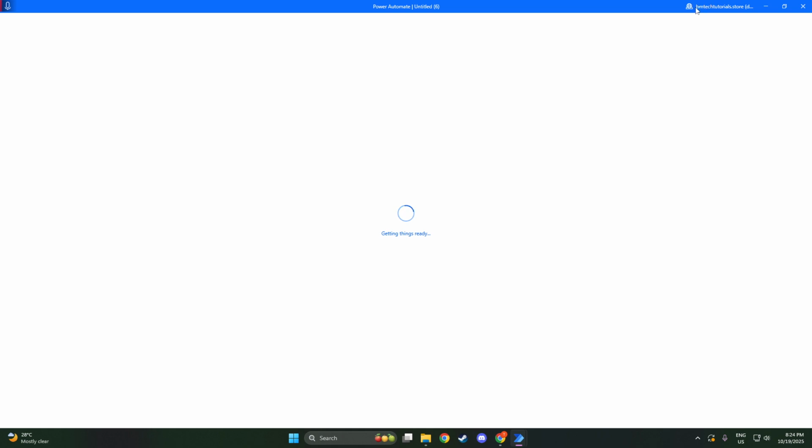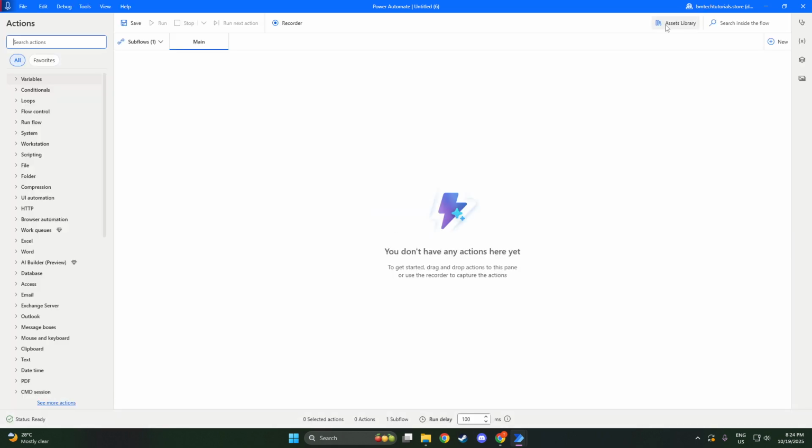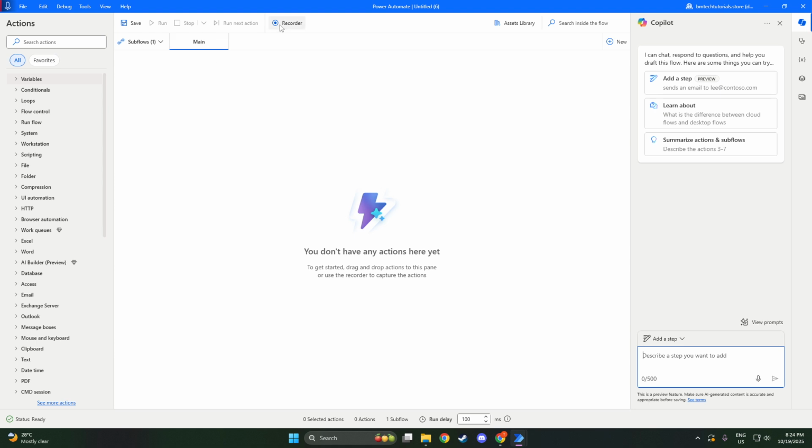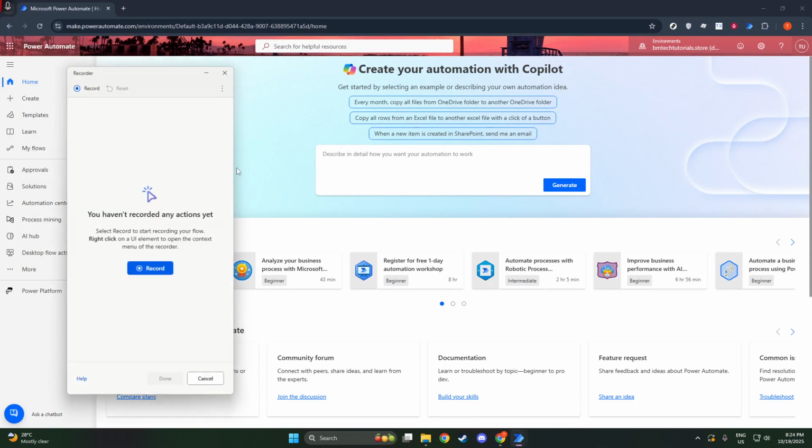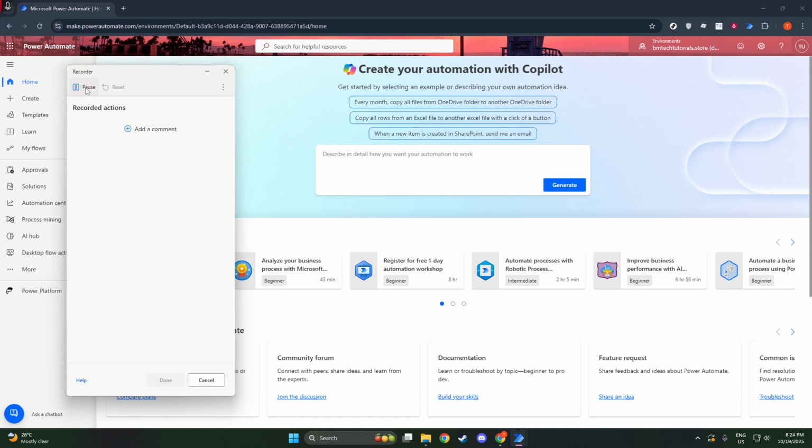Moving on to recording your actions. In the recorder window, there will be a big inviting record button. Press it when you are ready to start capturing your actions. Once you click it, you'll notice your screen dims slightly. Don't worry, this is merely an indication that the recorder is now active and taking note of everything you do